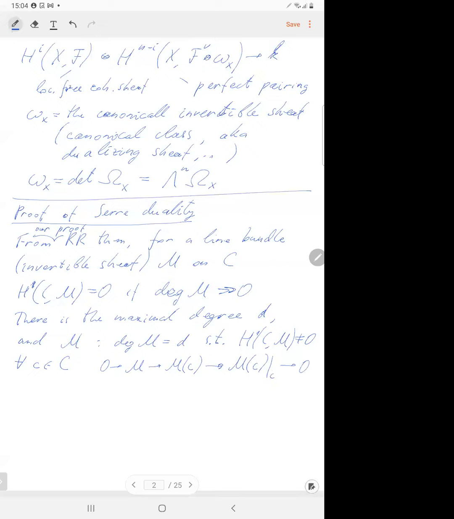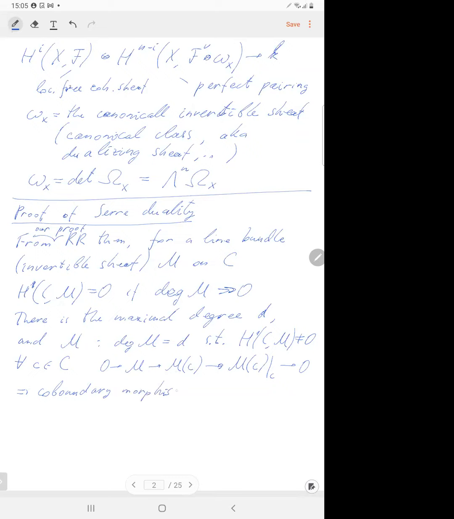And we know that M twisted by the point C, M of C, has a bigger degree, so has zero cohomology, and so it implies that the coboundary morphism